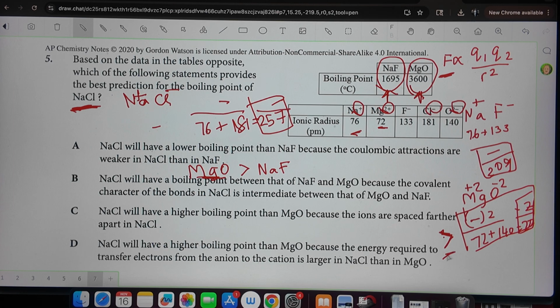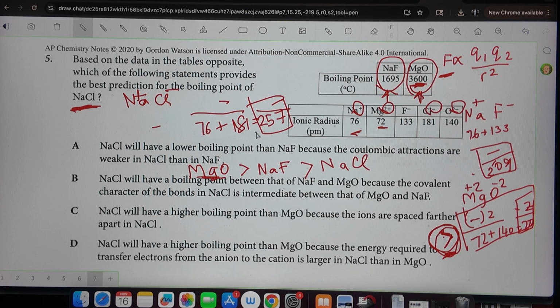We put a super great sign here, like I want to emphasize it. Not greater than or equal to, but this is very strong because its forces are so strong. It's hard to break it up. So that's why the boiling point is so high. It's hard to make it boil. So MgO would be here, and then I would say the next one would be NaF, and then it would be NaCl. NaCl would have a lower boiling point than NaF because its attractions are not as strong,